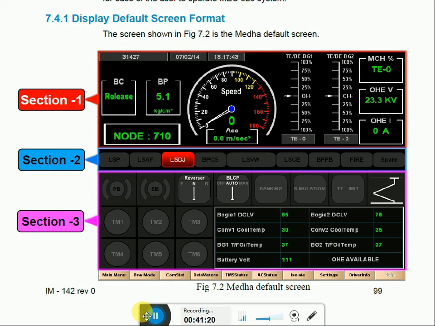So we can operate icons, main menu, browse mode. So these main menu and browse mode will be useful for LP.